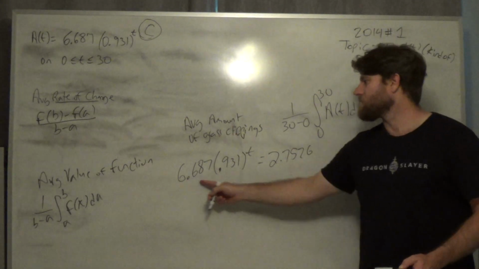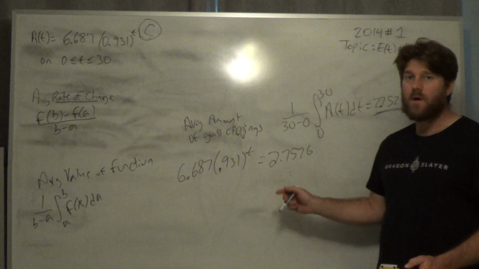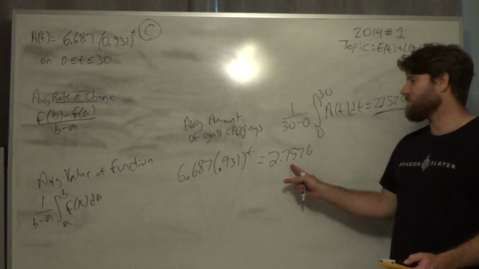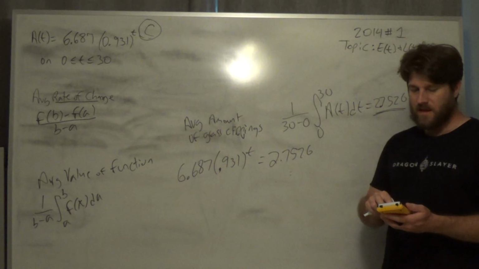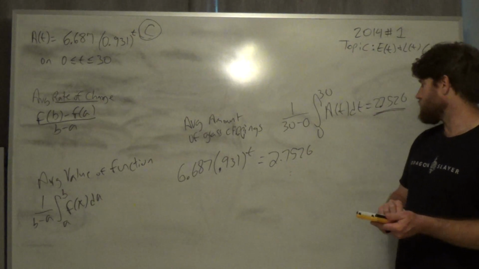Okay, so I need to know, when does the amount of grass equal the average amount of grass? Now, if I want to know when these two are equal, there are two different ways of doing this. I can graph this in y1 and this in y2 and just figure out where they intersect. So that's what I'm going to do. I got this in y1. I'm going to plug this answer in y2,